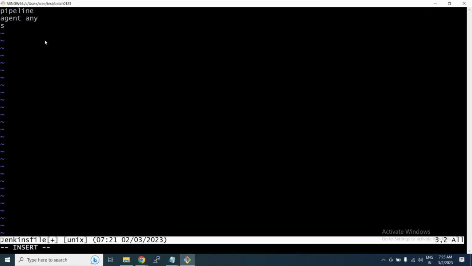Sorry, not steps, stages first. So inside the stages, you can define the particular stage. Inside the stages, you can define your code base, how you need that code base to look and all. For the stage, here you can define the stage name, what you are trying to do inside that code. Let's say I'm going to clone that code base, and instead of writing this from scratch, let me try to get it from